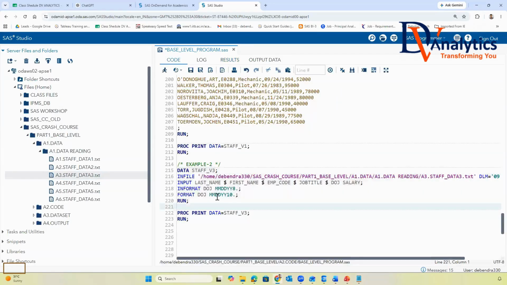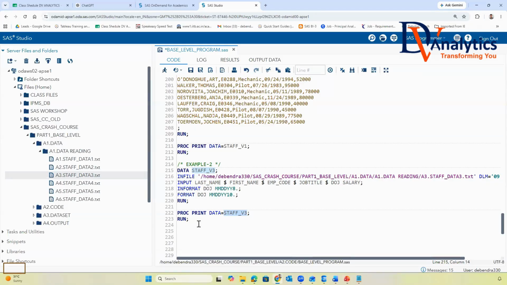Okay. Now tell me guys why I'm not keeping this data set in my permanent library. Why? Because I have been given 5 GB RAM. If I create every data set in my library, it will occupy my system memory. Tomorrow I will open my SAS, the cloud is so heavy, it will take more processing time to run my code. So I don't want to make my libraries heavy. That's why I'm keeping all the datasets in the work library. But wherever it is required to keep the dataset in your permanent library, I'll keep that.